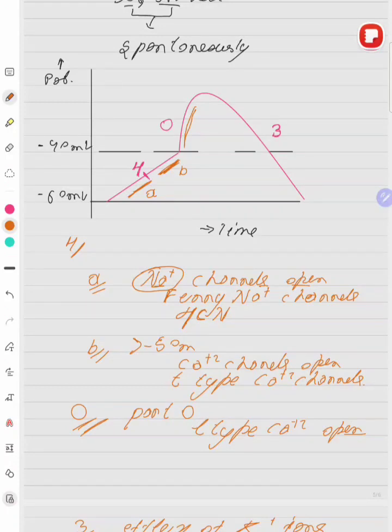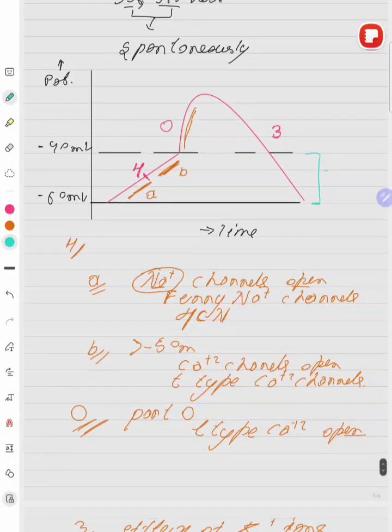But one thing to notice here is, in the graph of fast response action potential, we had a straight line between two elevations, which signified that there was an RMP